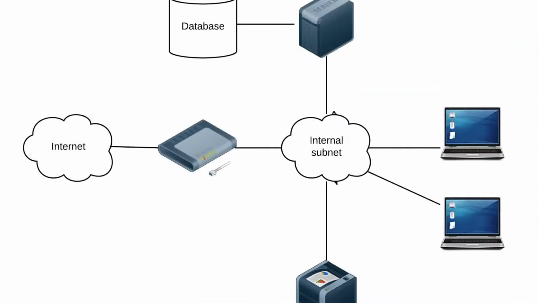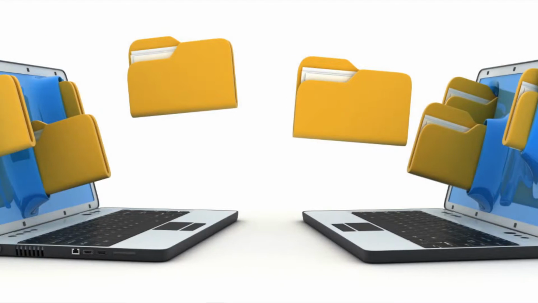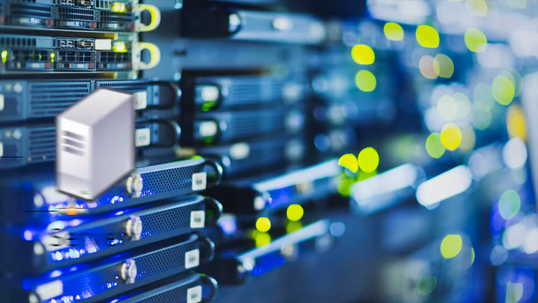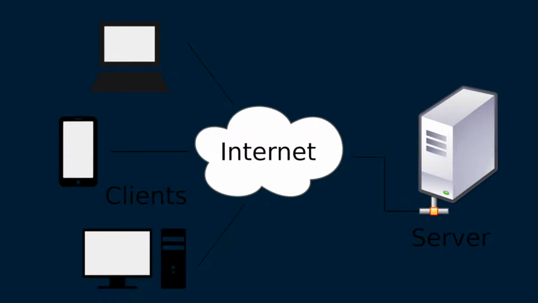In a network, some computers receive data or services from other computers. The computers that receive services are called client machines. The computers which provide their services in the network are called server machines. For example, a computer requesting a file from another computer in the network is called a client, and the other computer sending the file is called a server.